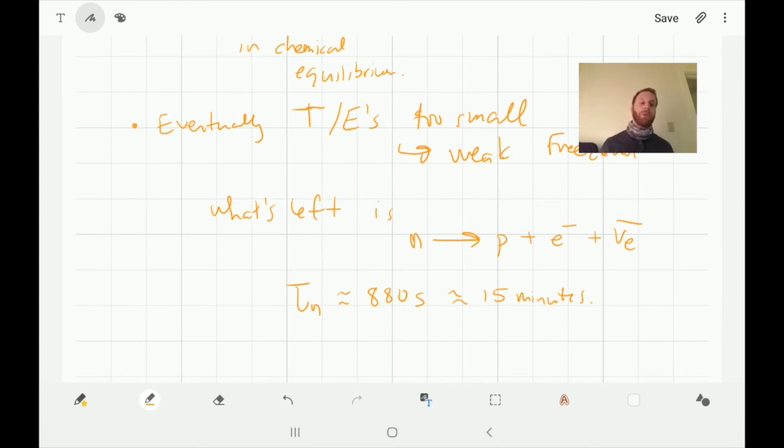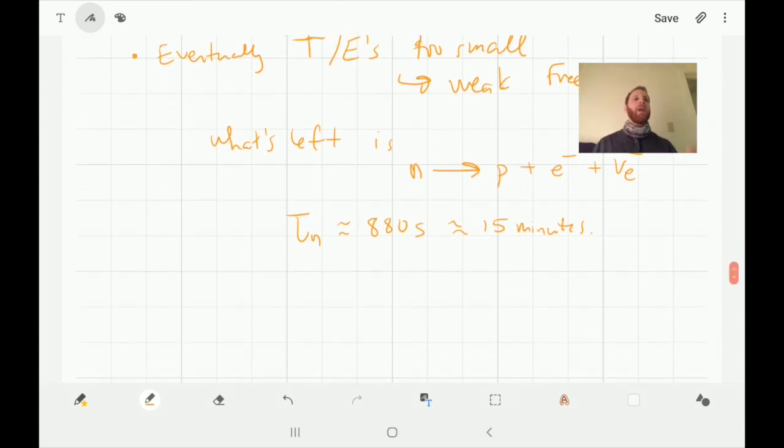Within 15 minutes, most of the neutrons will have decayed, and it is during this window between 1 second and 15 minutes, really closer to like the first few minutes, is when all the important action happens in producing the light elements. So this is what we have going on. We're racing against the clock. All the while, now the weak interactions have frozen out. We're waiting for proton plus neutron to make deuterium, and in the process create a photon. And that's all good, and once you've got deuterons around, then you can start producing those heavier elements, helium-3, helium-4, etc.